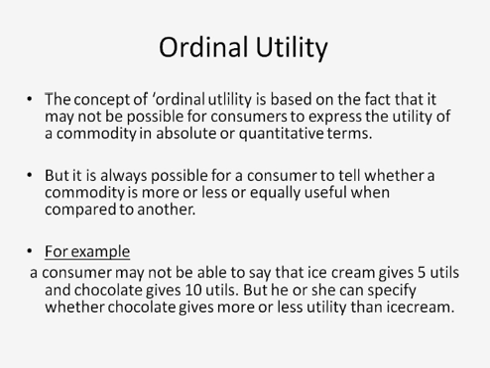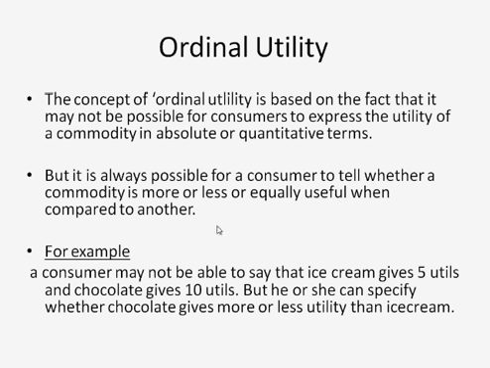Ordinal utility, which was given by Hicks, is based on the fact that it may not be possible for consumers to express the utility of a commodity in absolute or quantitative terms. But it is always possible for a consumer to tell whether a commodity is more or less or equally useful